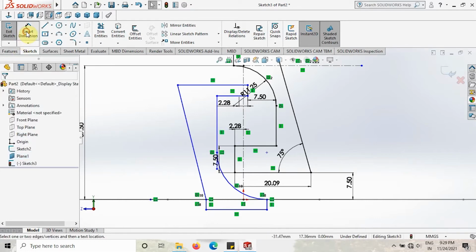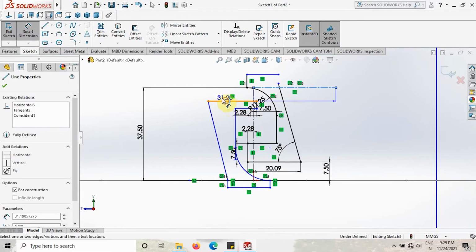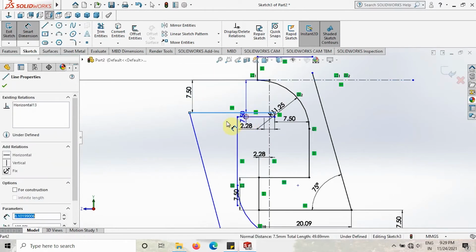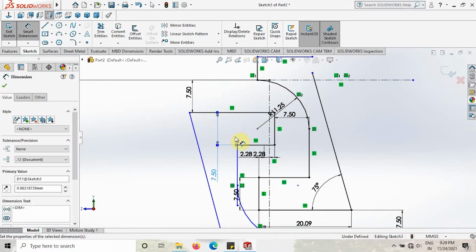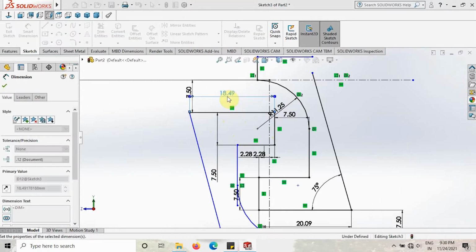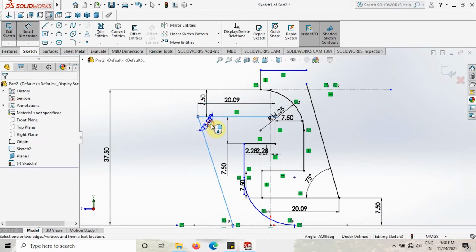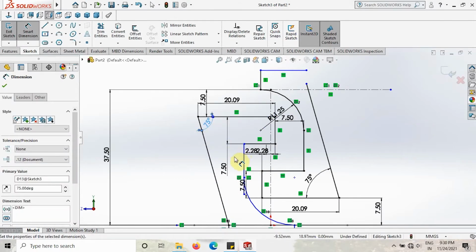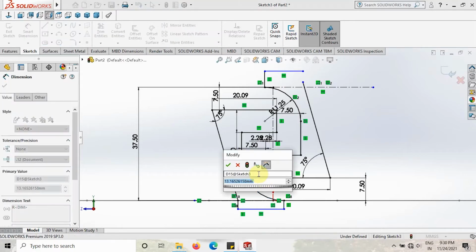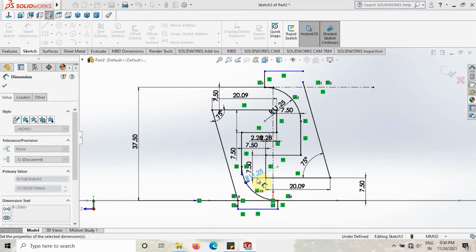After this you have to give the same dimensions here also. From here 11.5, again here 7.5, this dimension 20.09, give this angle 75, make this dimension also 7.5, give this arc radius 11.25, and then trim the extra lines.